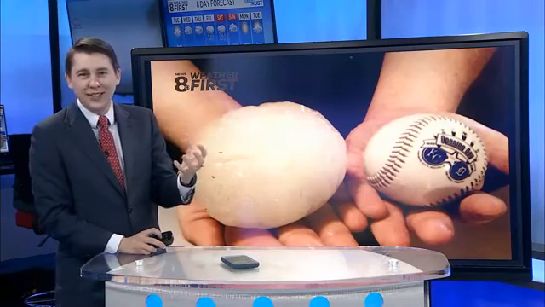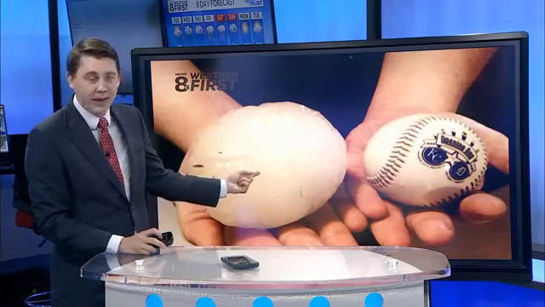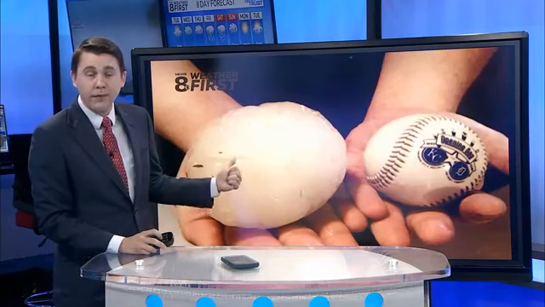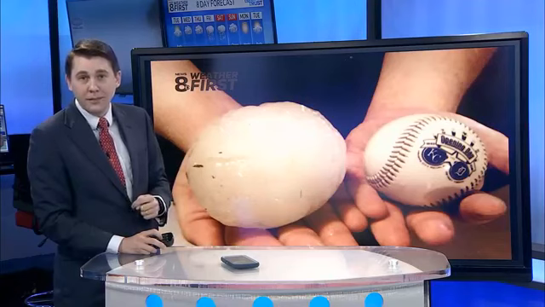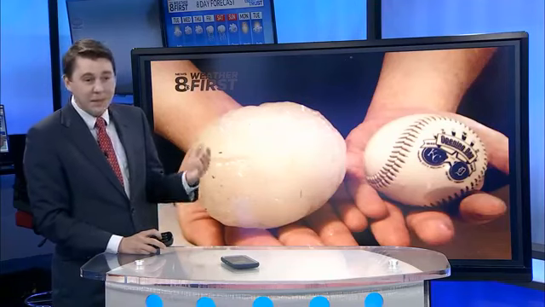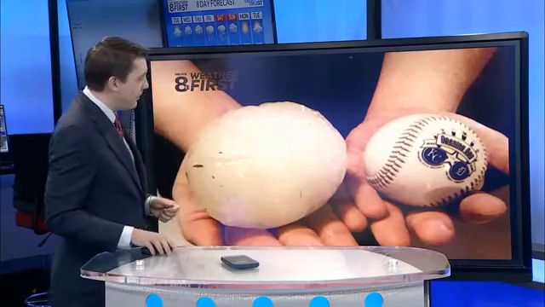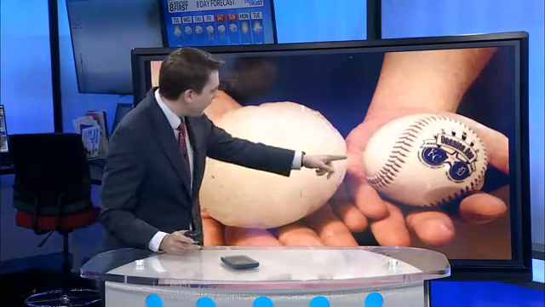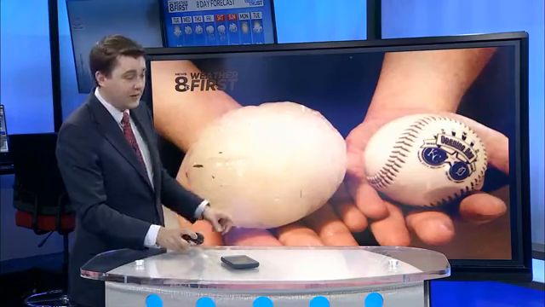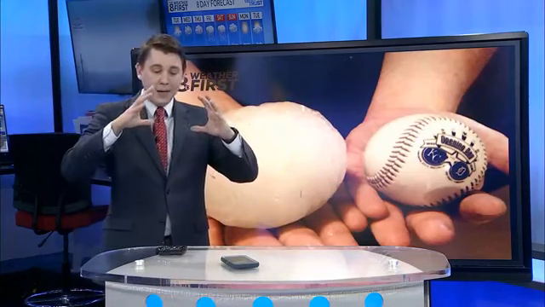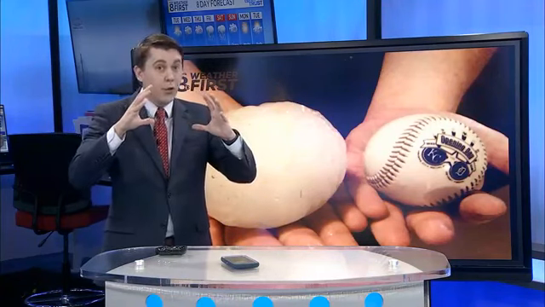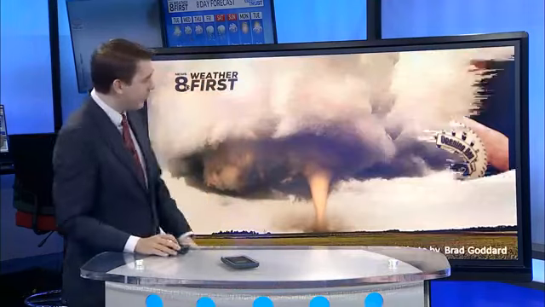Hail comes out of thunderstorms. Big old ice chunks. Imagine that falling from the sky. Some hailstones, by the way, can reach over 100 miles an hour. That's like a major league pitcher throwing one of those balls of ice at you. So obviously that could be a pretty scary thing. This particular one is almost softball size, and there has been hail that has been bigger than a grapefruit. That's some of the biggest hail that has ever been reported.